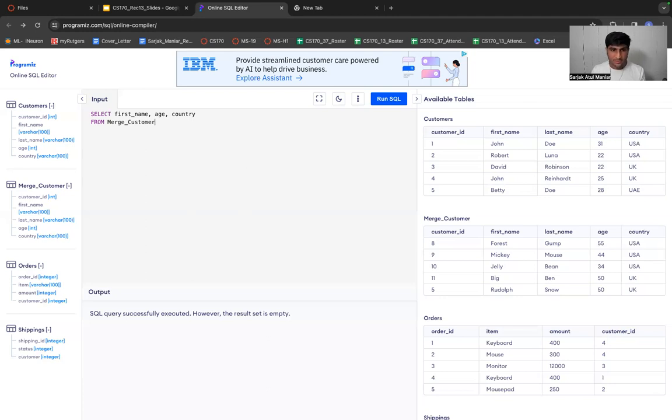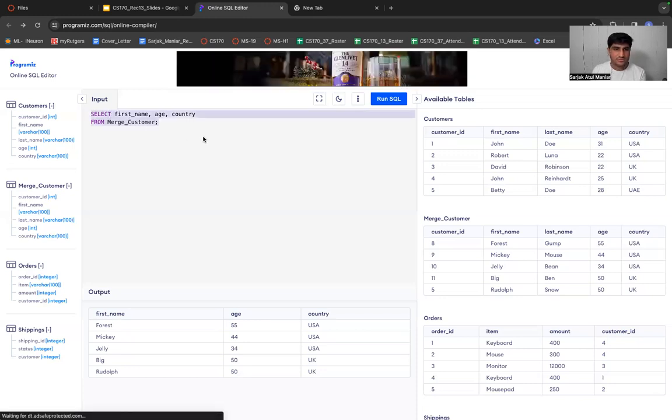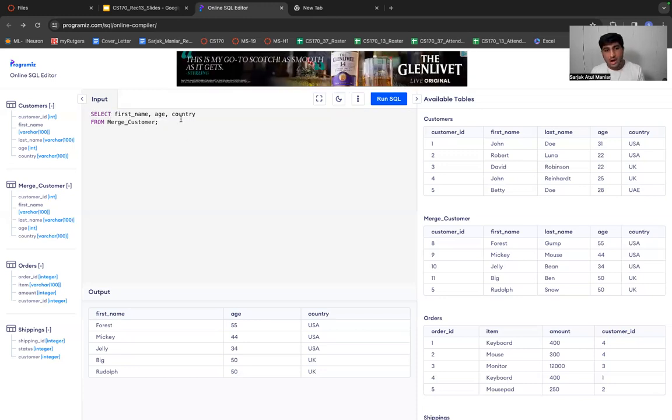Is the spelling correct? Okay. If I run this, I'll be getting first name, age, and the country from this particular table, which we just created. So that's how you can simply create your own table, play around with the values, insert the values, and of course, retrieve the data however you like.